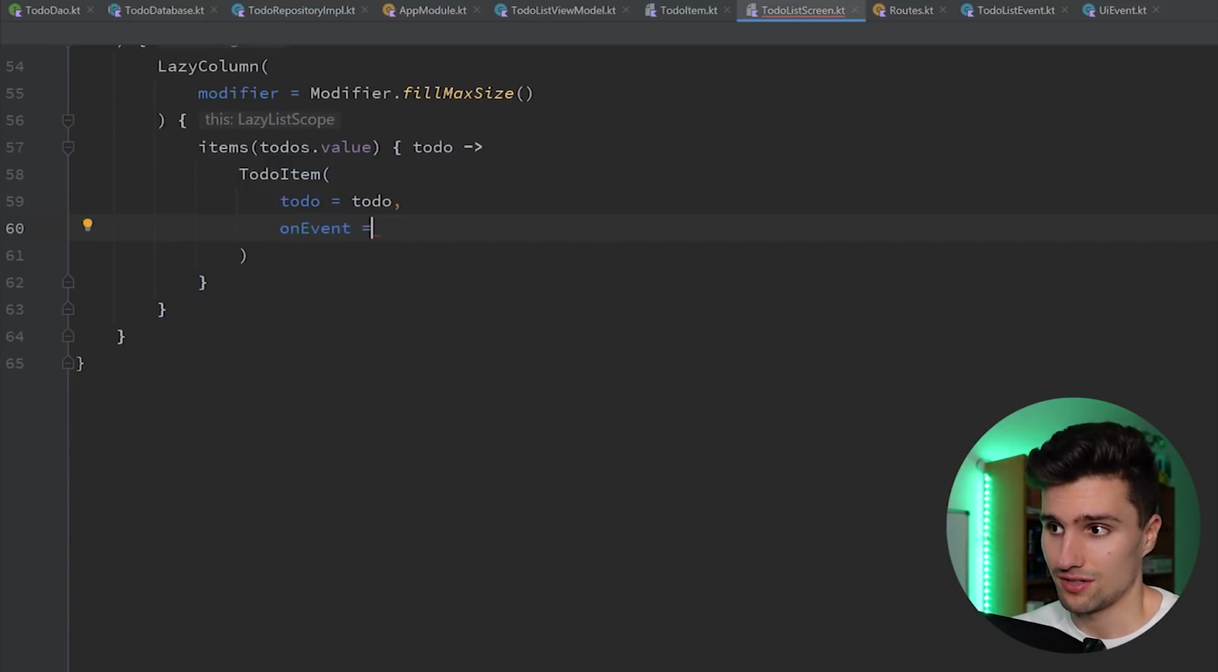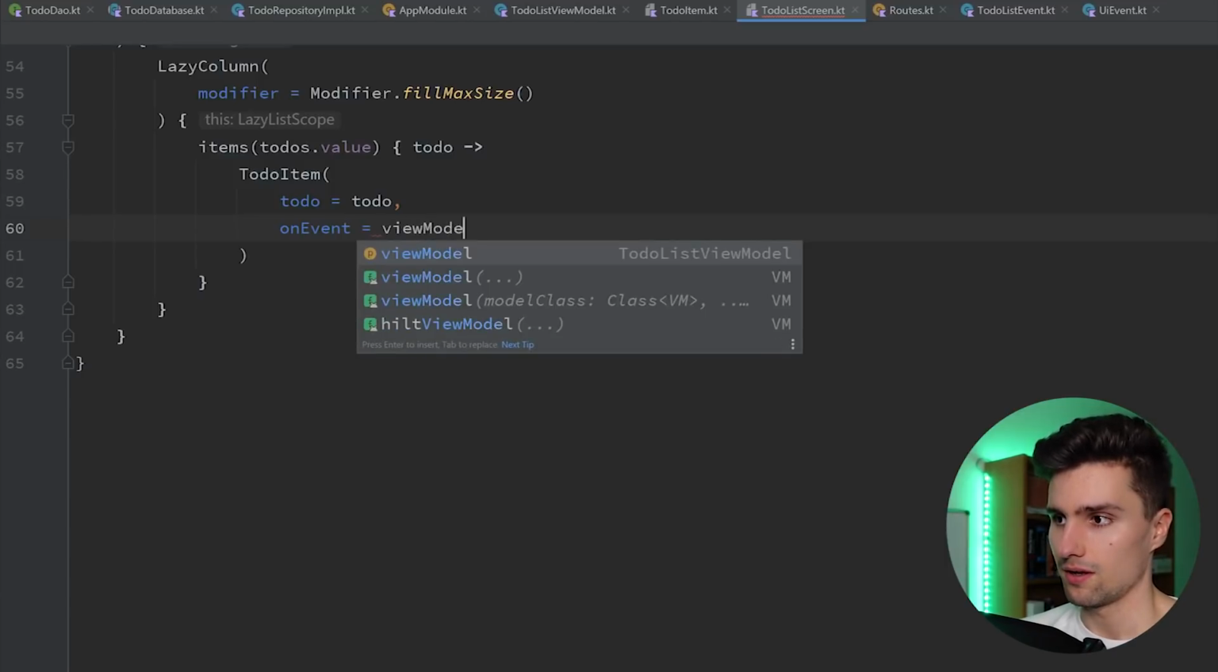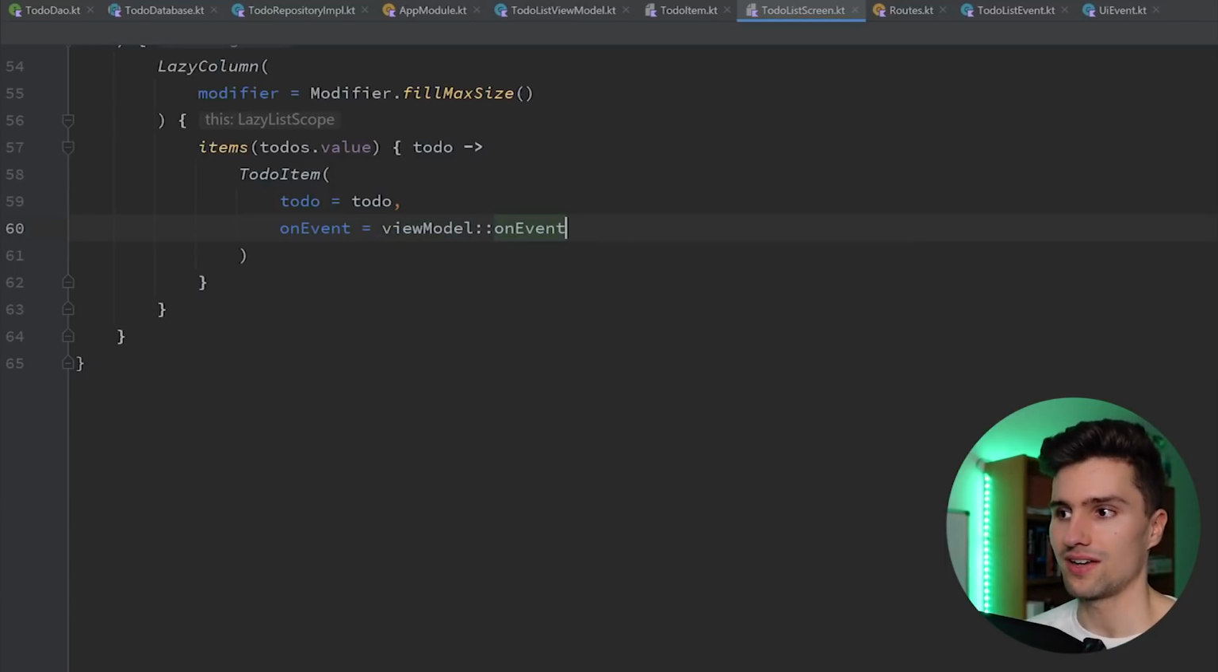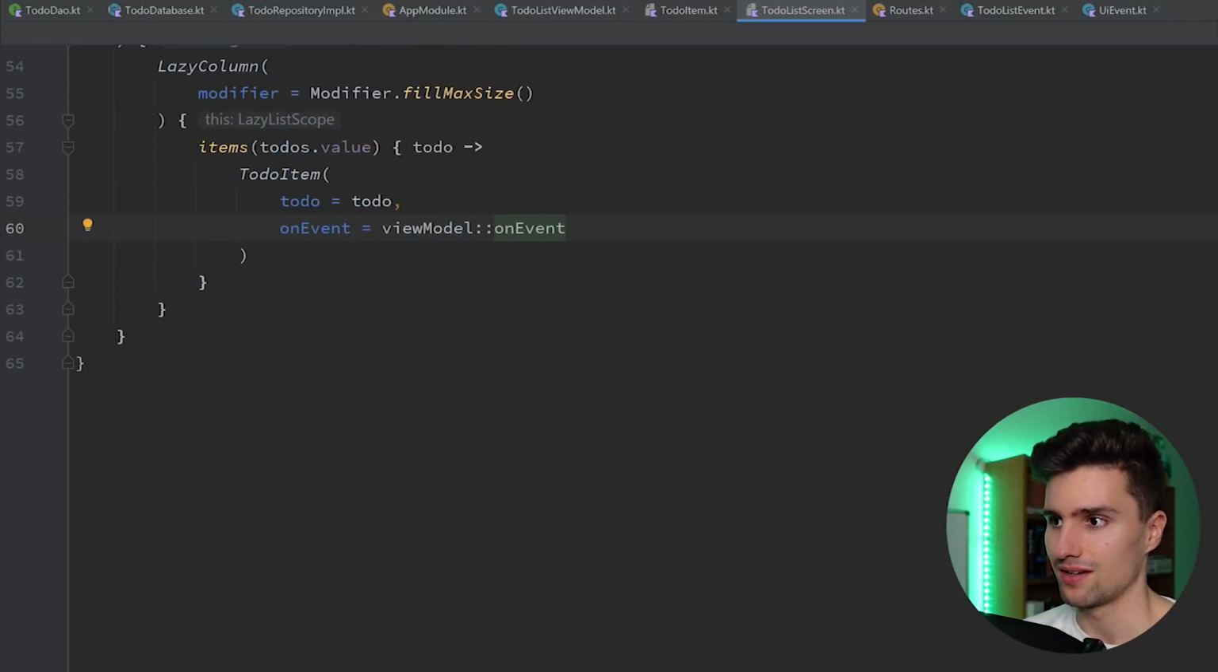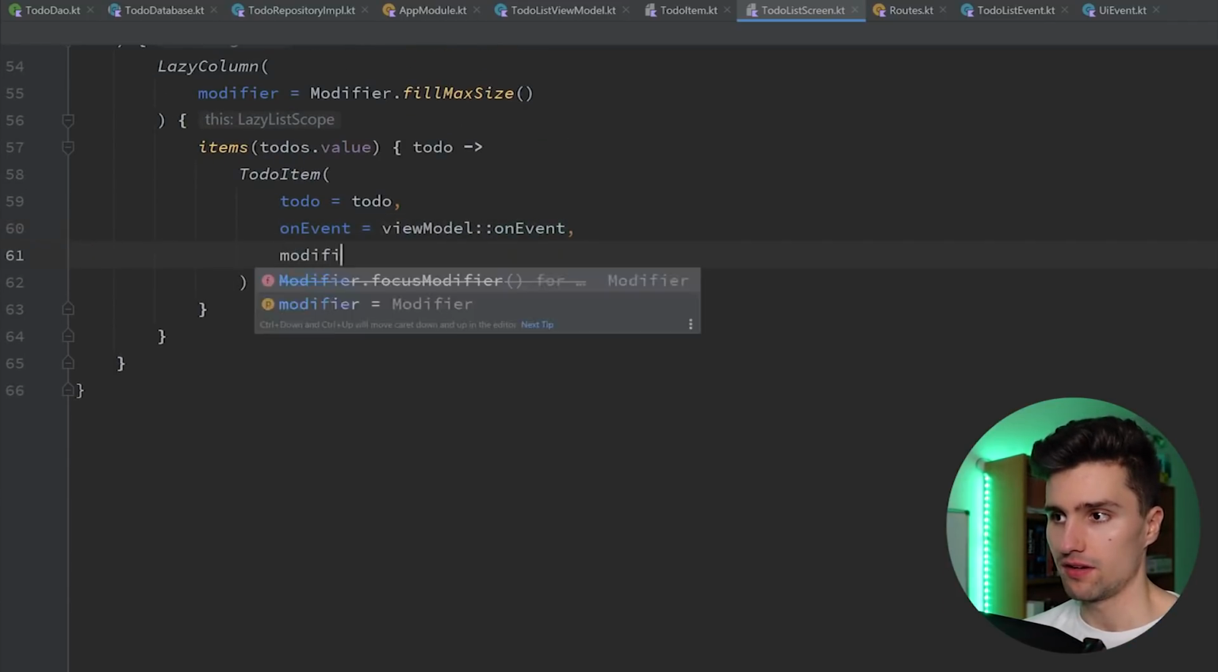And the cool thing we can now do is, because our view model directly receives these events, we can say view model on event. That's super clean. So you don't need any crazy lambda function here. You can just delegate this event that we propagate up directly to the view model. And that's super cool, super clean here. I always use this approach in my projects because it just works so well and doesn't require a lot of code. One thing we need here is a modifier,